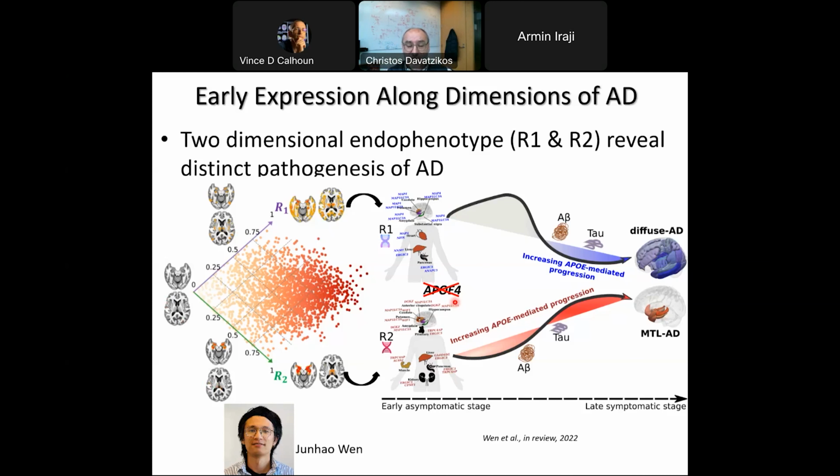But they were associated with other factors, with genetics. This came from UK Biobank, with genetics of hormonal function for one dimension, and cardiometabolic risk factors and immune function for the other one. So that, of course, suggests that perhaps some of the earliest events that triggered these pathologic